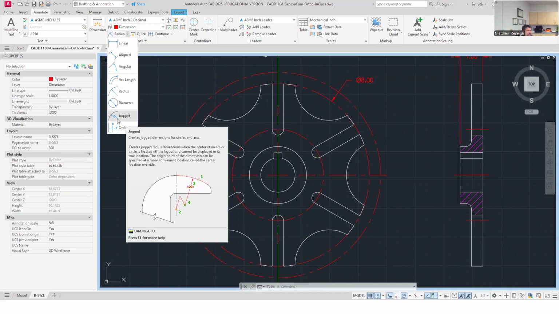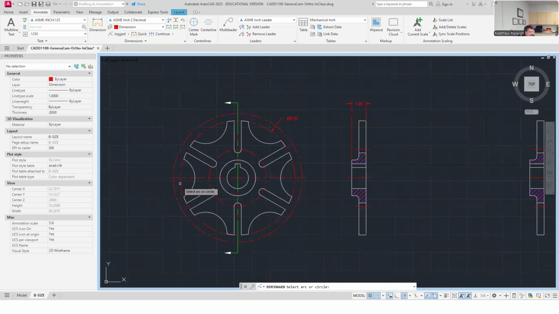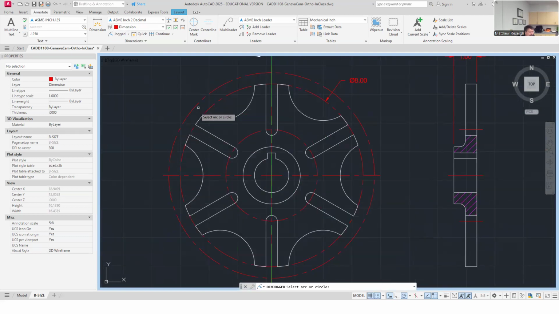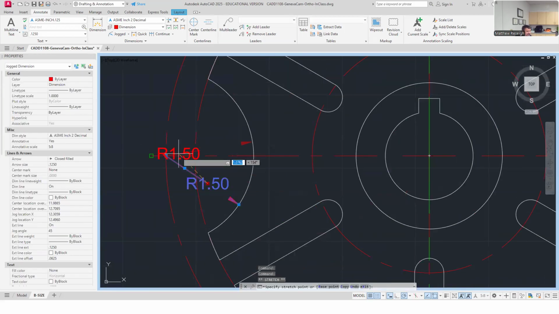So I think this is a good candidate for this, because my center of this arc, if you remember, is why we have this far center, circular center line here. That's the true center there. So if I pick this arc, it says select the arc first, then specify the center location, which is there. And then I can maybe override this. I don't remember how I did this, but you can jog this kind of funny. And the jog location, I don't know. I don't use these jog dimensions a lot, but